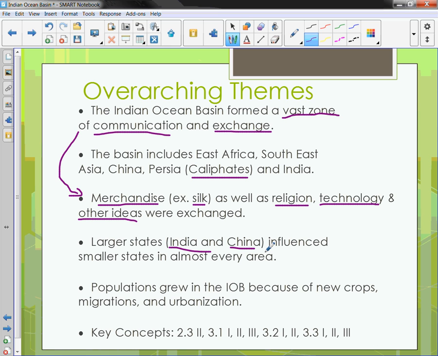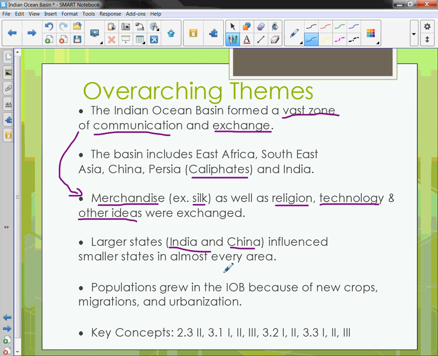The big states, like parts of India and China, the Cholan Kingdom and the Sultanate of Delhi, influenced smaller states politically, culturally, economically, kind of like we discussed with China in terms of writing, religion, and culture, language in general. All of those things were influential to them. For example, in Angkor Wat, their king was called a Raja, which is what people in South Asia or India call their kings.